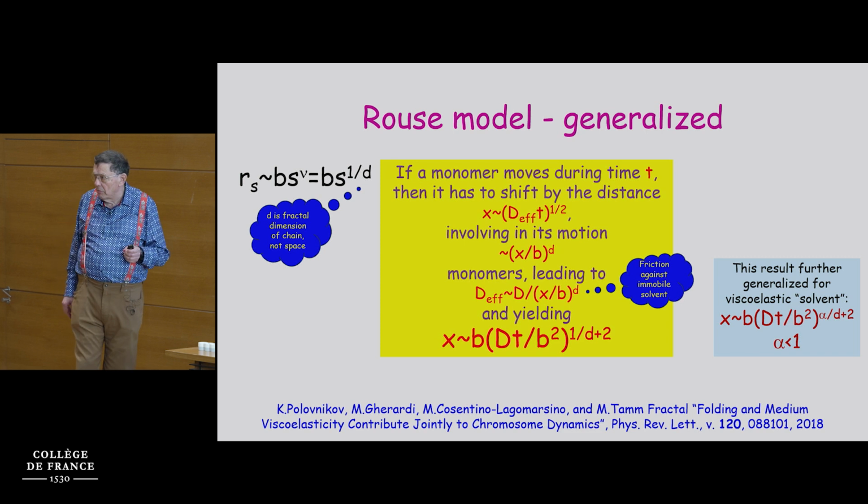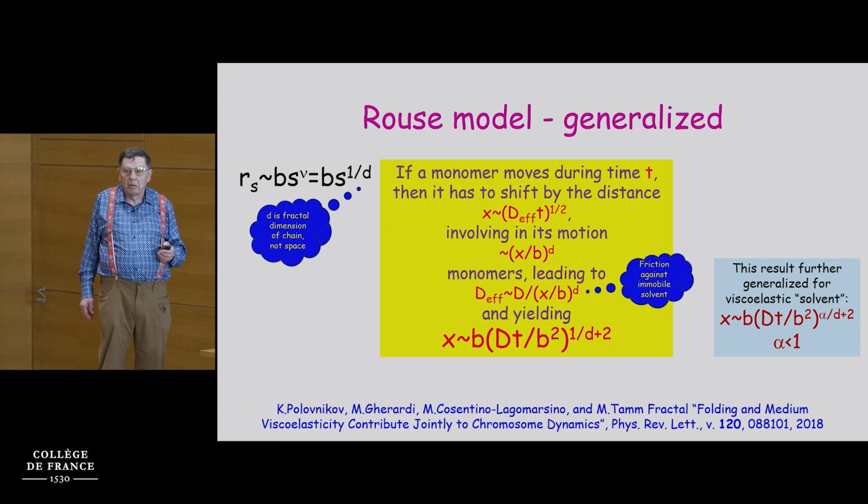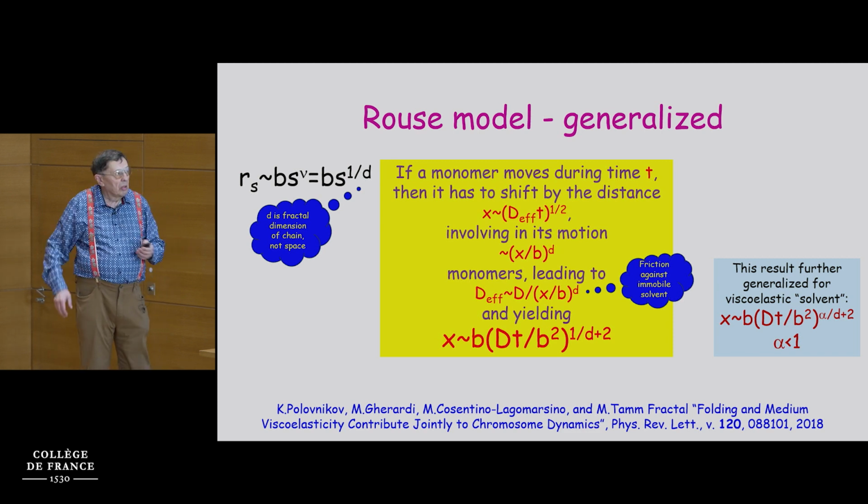It's not the dimension of the space in which we live, it's the fractal dimension of the chain. It's exactly 1/nu. So if a monomer moves during time t, then it has to shift by this distance. This is our regular description. If it has effective diffusion coefficient, D effective, like this, then it moves a certain distance. If it moves this distance x,